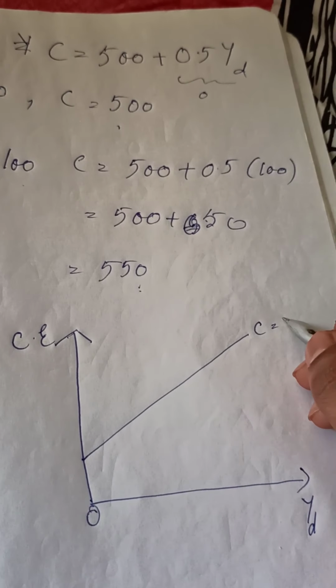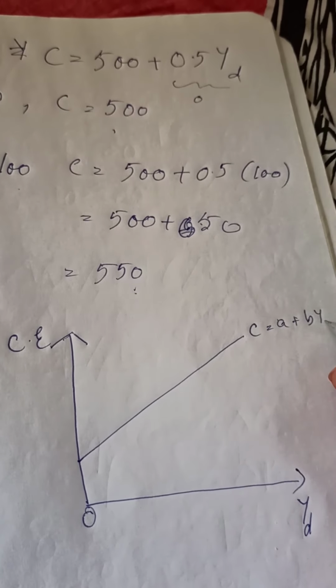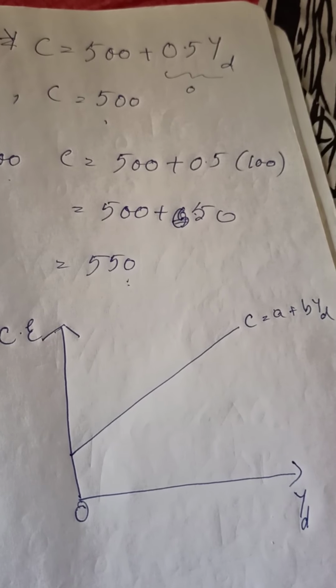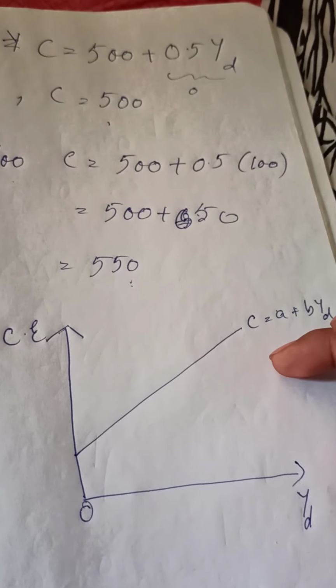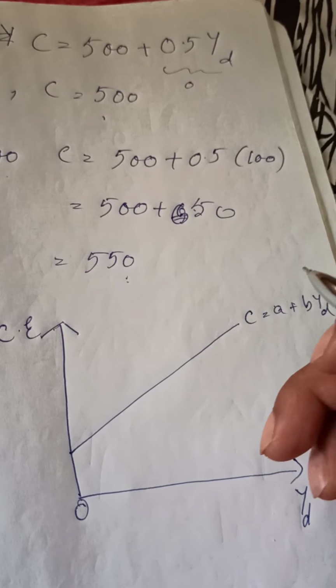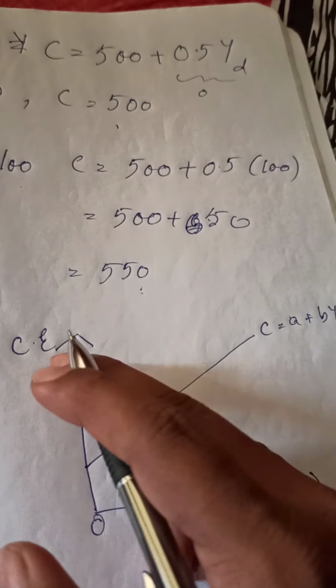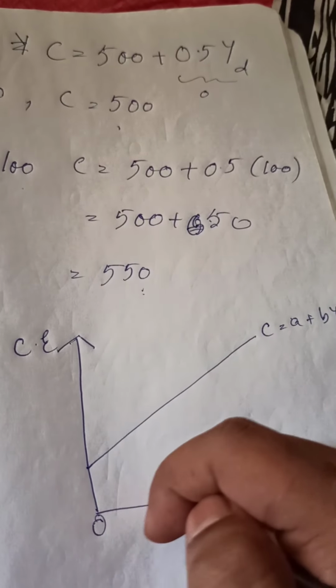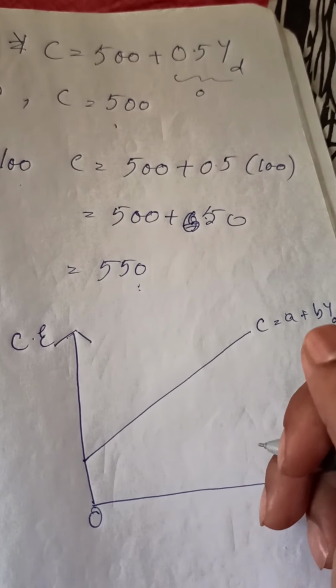So C equals A plus B YD. Now you might wonder why it is positively sloping, because there is a positive relationship between consumption expenditure and income. If your income increases, your consumption will also increase. Okay,